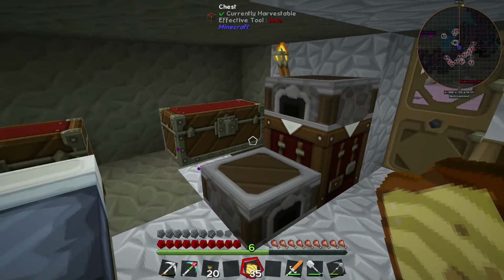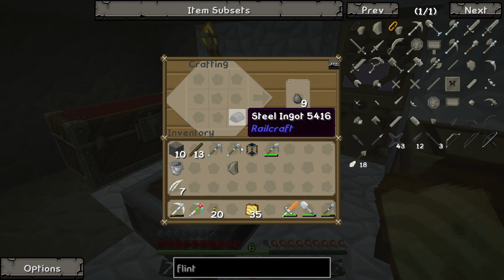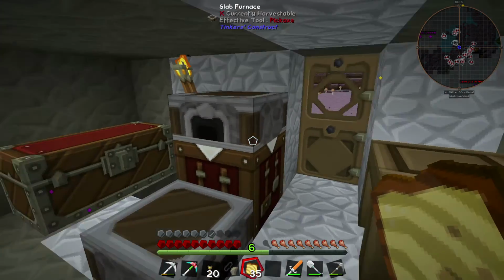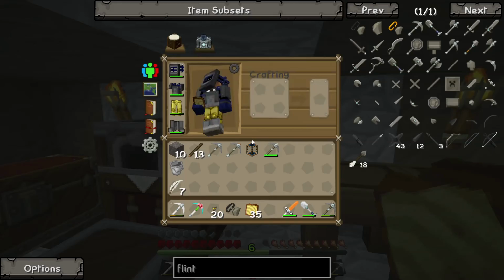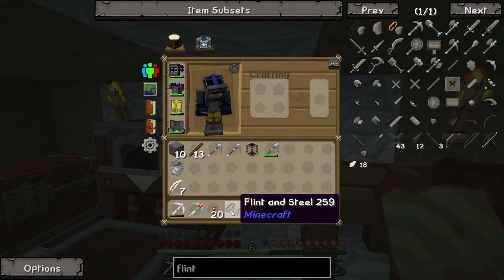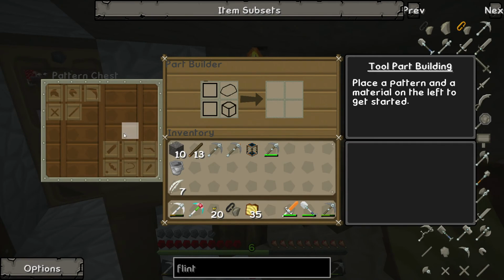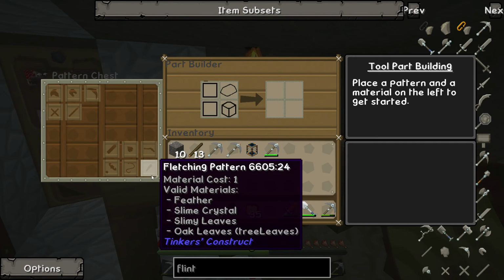And yeah, so first things first, flint and steel is actually made with steel now, which, I mean, duh, right? I bet you, without even looking at it, they changed the recipe for flint and steel to actually be made with steel now, because that would make total sense. But so I need to build